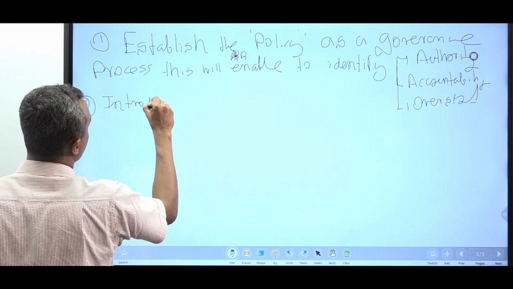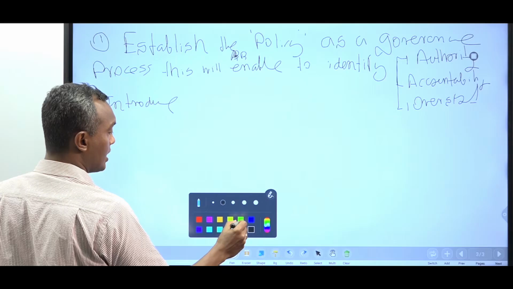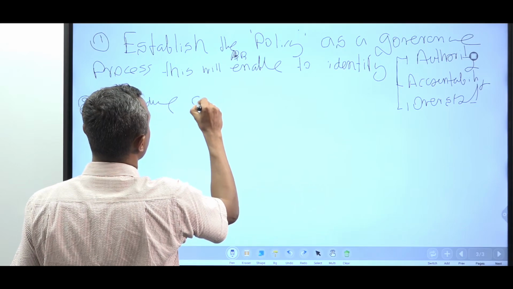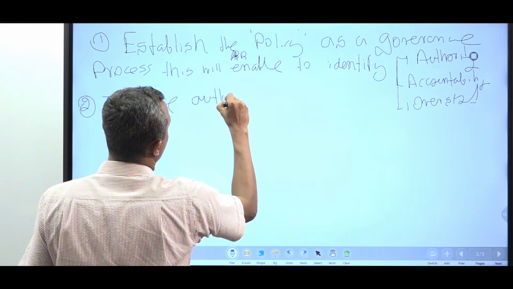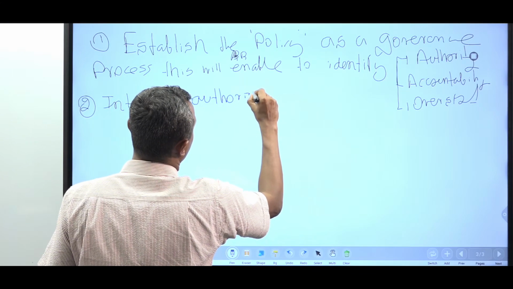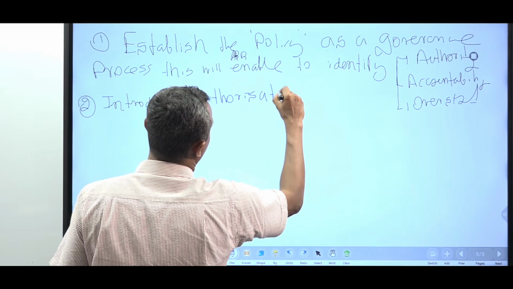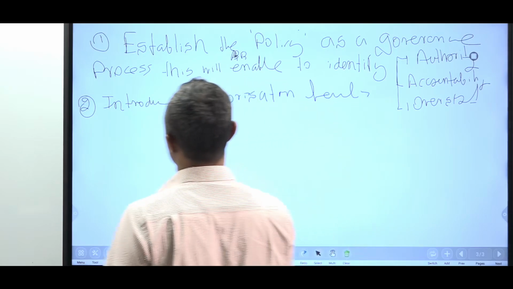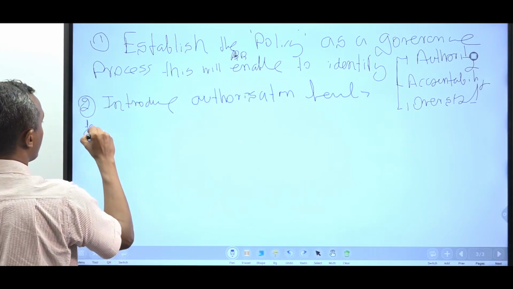What is the next one? I am writing in a separate color. Authorization, right? Authorization levels for different